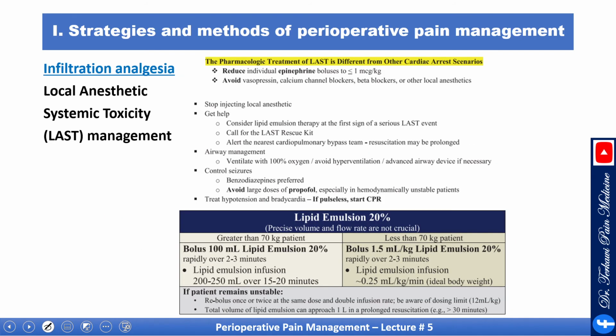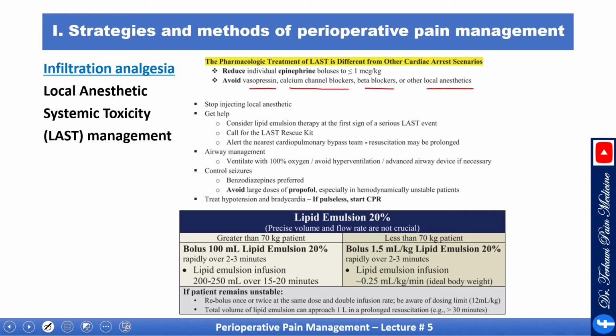So let's say you have a LAST case, local anesthetic systemic toxicity. A few things to remember that are different from the regular ACLS resuscitation protocol: you need to reduce your epinephrine boluses to less than 1 mcg per kilogram. Avoid vasopressin, calcium channel blockers, beta blockers, or other local anesthetic. And of course,